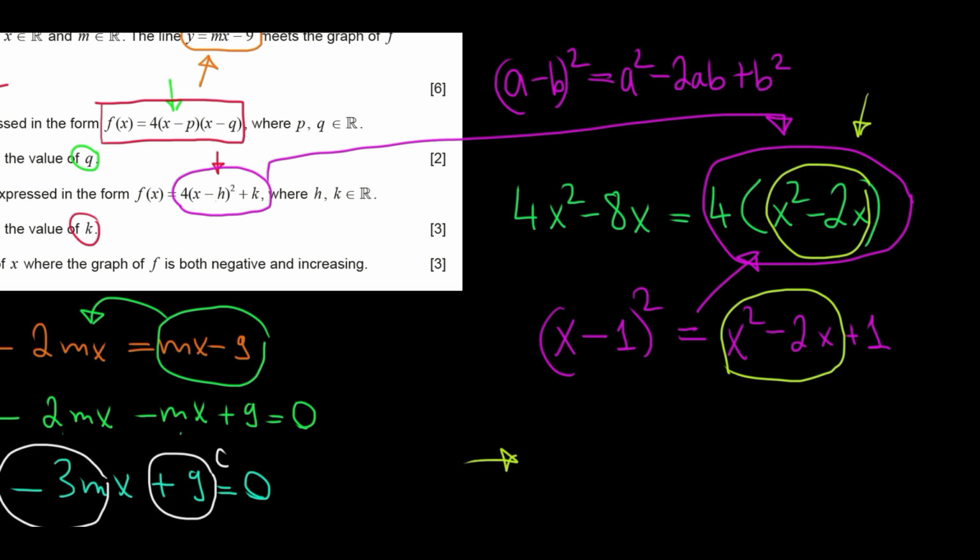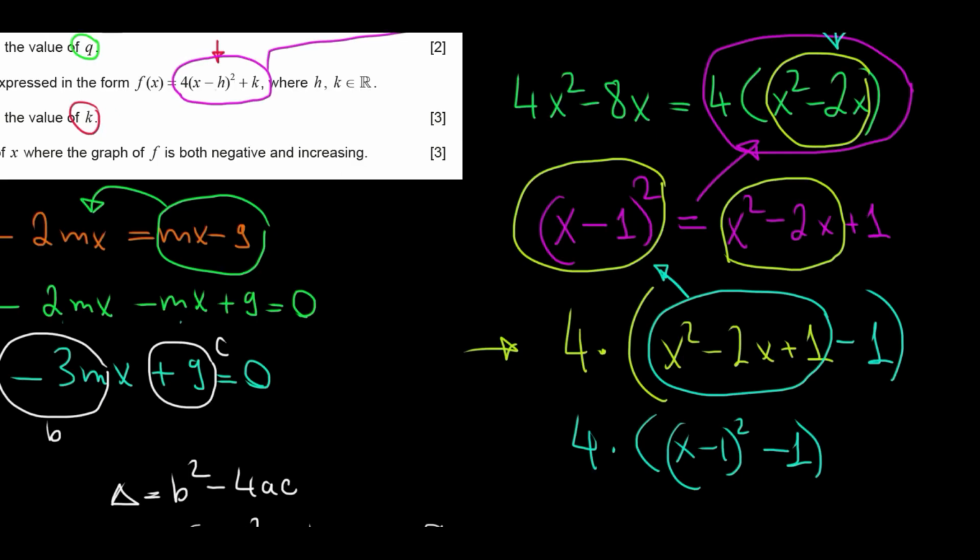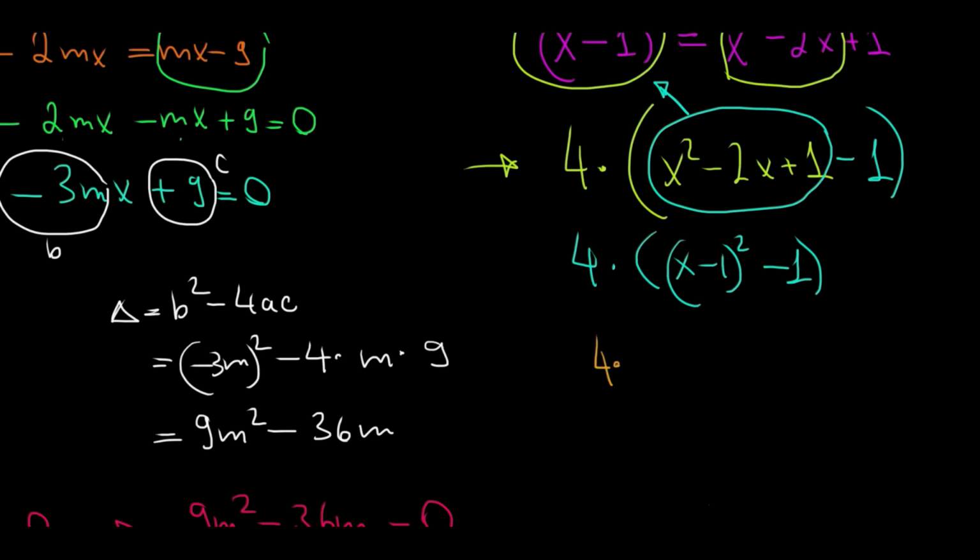So in other words, we're gonna do the following. 4 times, I'm gonna put a big bracket, x minus 1 to the power 2. Remember, I had a plus 1 at the end of it. I actually don't want the 1. I only want to have x squared minus 2x. So I will subtract the 1. Okay? I will subtract the 1. And then I can open the brackets and I will have 4 times x minus 1 to the power 2